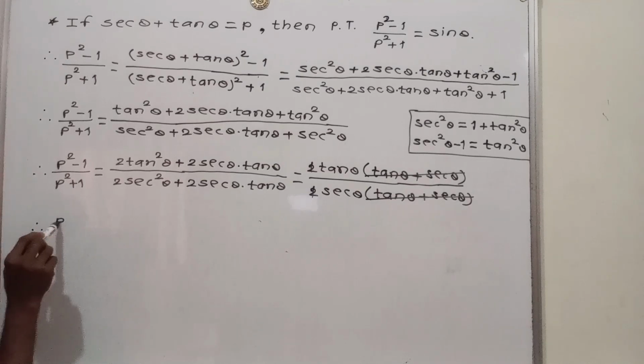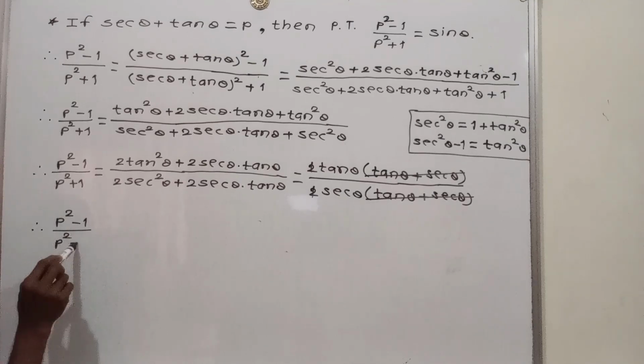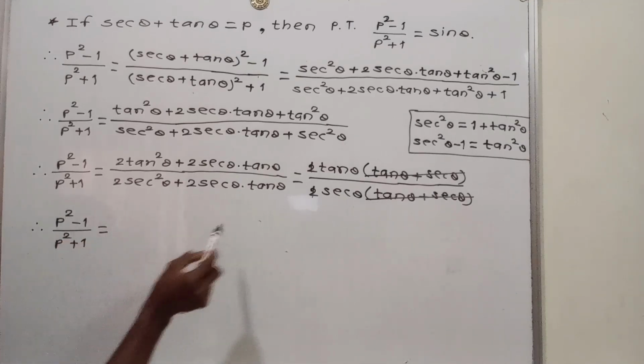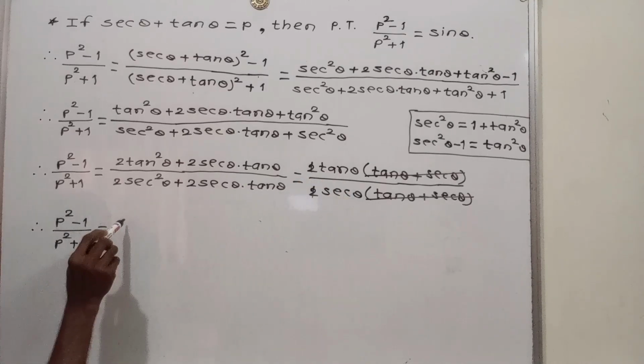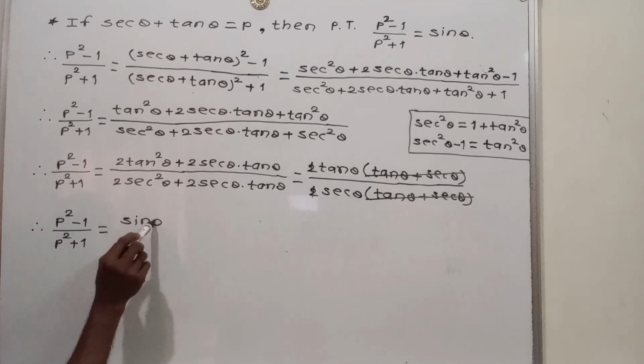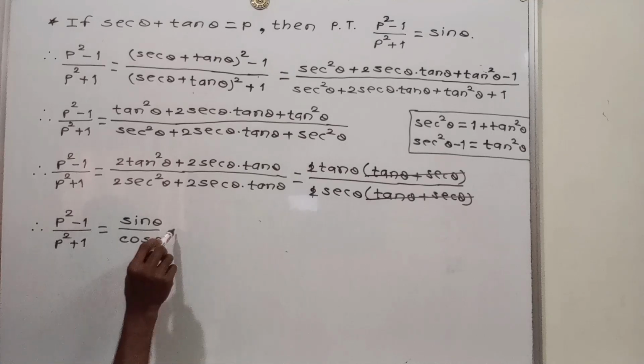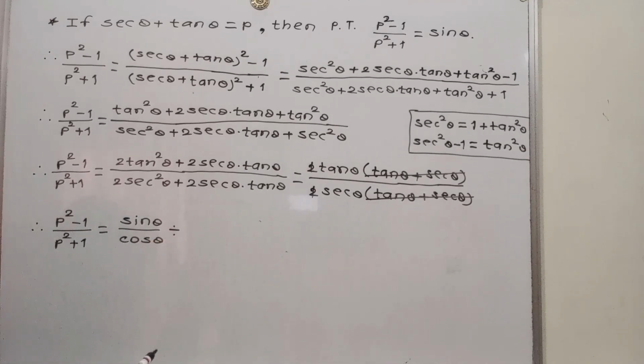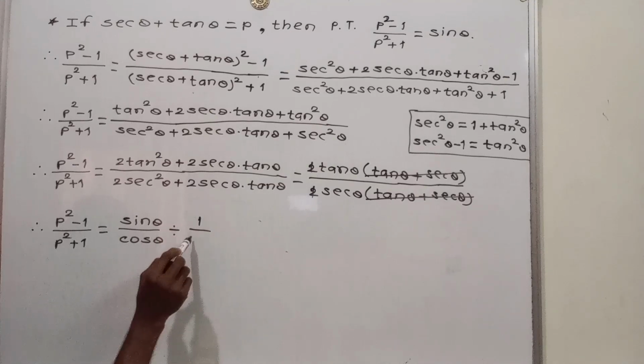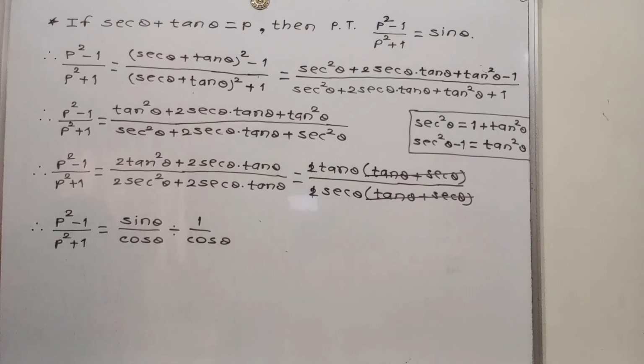See carefully. P square minus 1 upon P square plus 1 is equal to tan theta. Formula for tan theta, sine theta upon cos theta divided by sec theta. Formula for sec theta, 1 upon cos theta. Therefore, P square minus 1 upon P square plus 1 is equal to